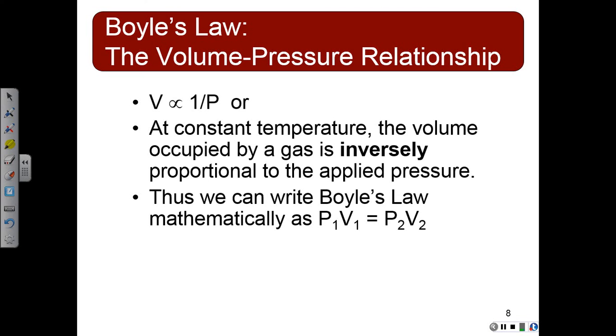And mathematically, we would write it like this. P stands for pressure, V stands for volume. And you're going to see T here in a few minutes, which stands for temperature. These ones, if you want to write initial, that's fine. So P1 is your initial pressure. What is your problem telling you is your initial pressure? What's your initial volume? And then P2 is your final pressure, and V2 is final volume.